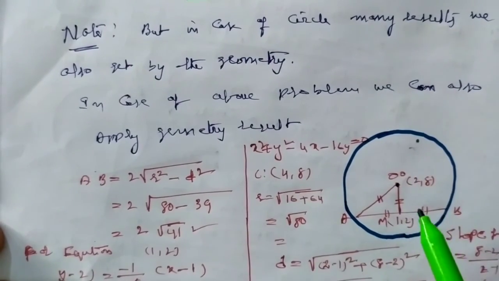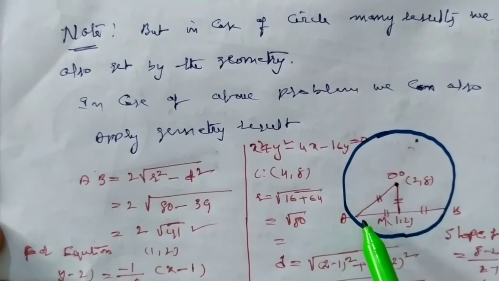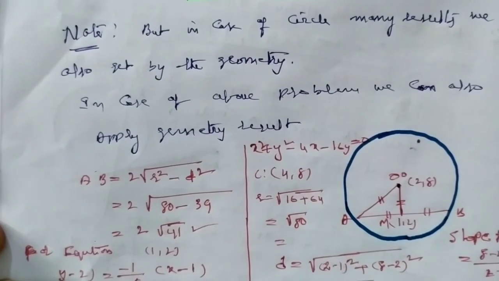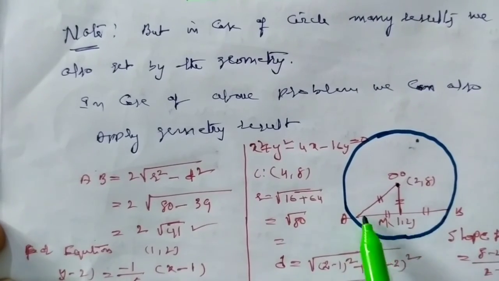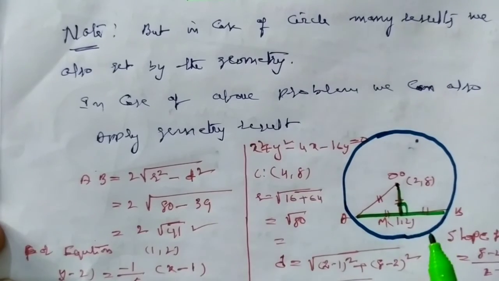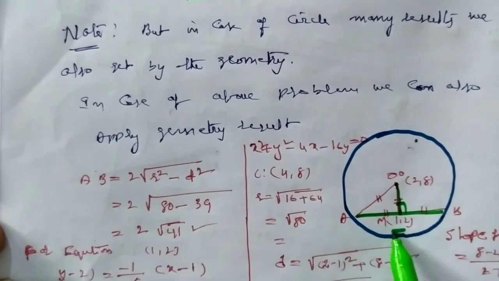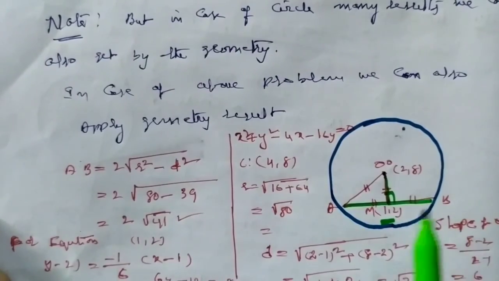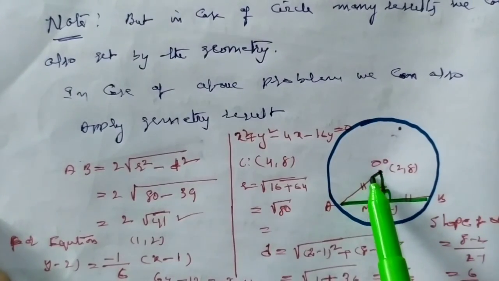Suppose it is a circle, the smallest chord can be calculated using the formula 2 into the square root of r square minus d square. If you draw a perpendicular, it bisects the chord. That means as it is the midpoint, the midpoint is (1, 2). If you observe again, if you join the center to